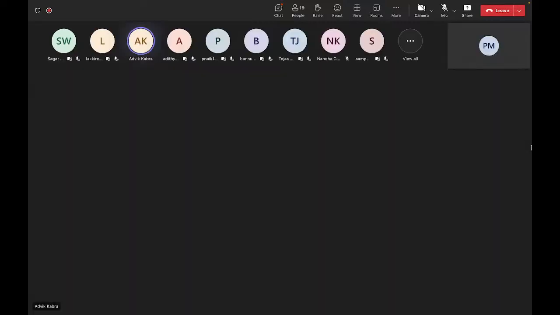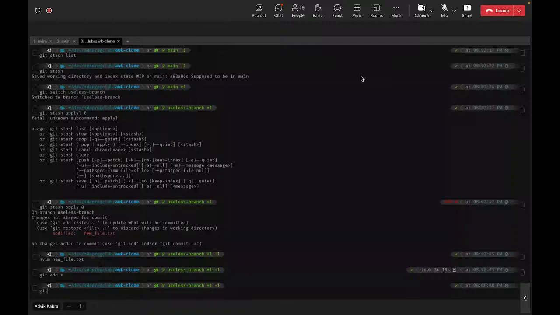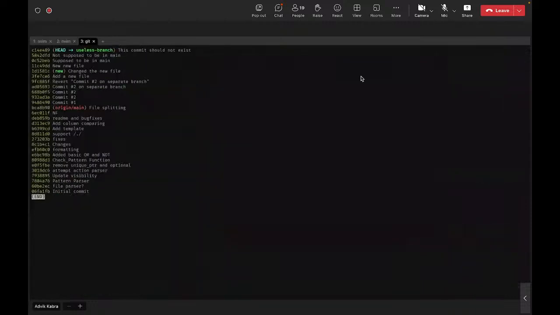So now I'll just commit whatever changes I've done. So this commit should not exist. Right? So now I've committed it. If you see the log, this commit should not exist is right at the top. Okay. So now